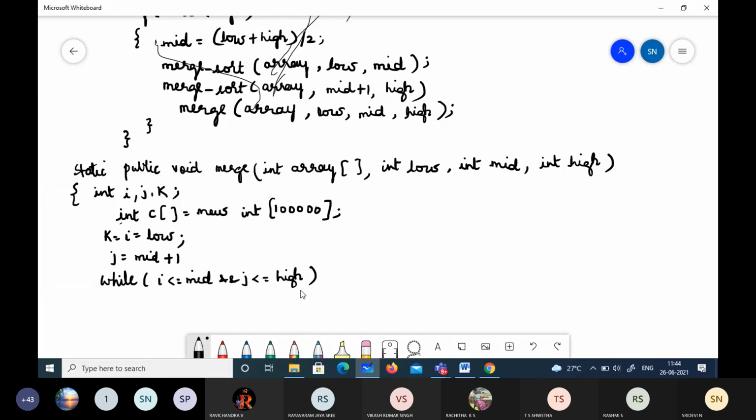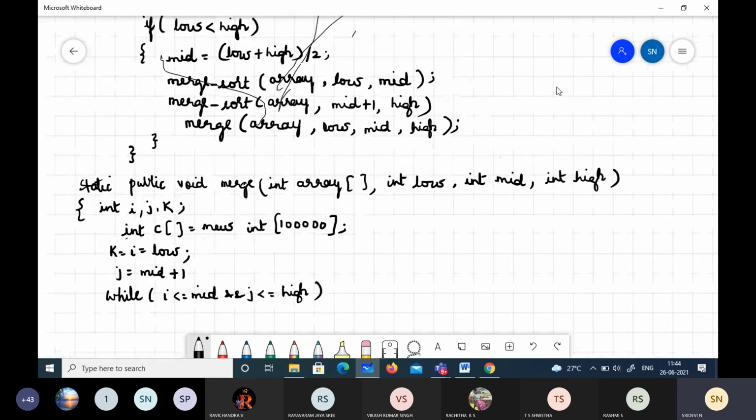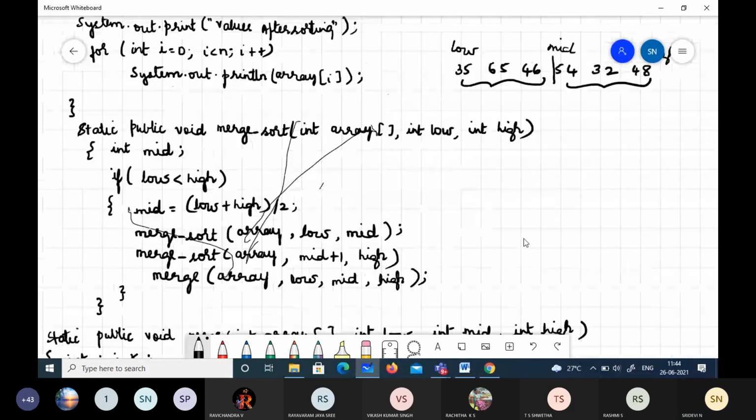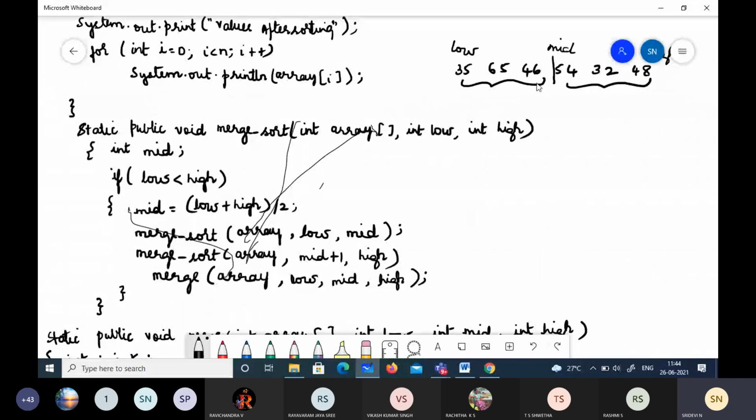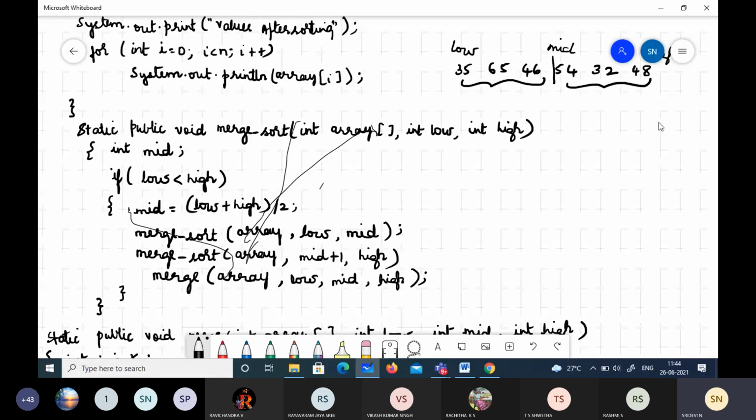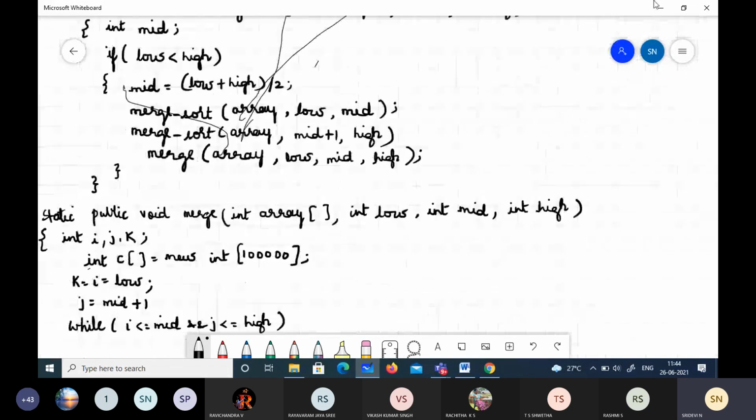I goes from low to mid, and J from mid plus 1 to high, as you can see. So the array we have partitioned. Till then we will do this merge.